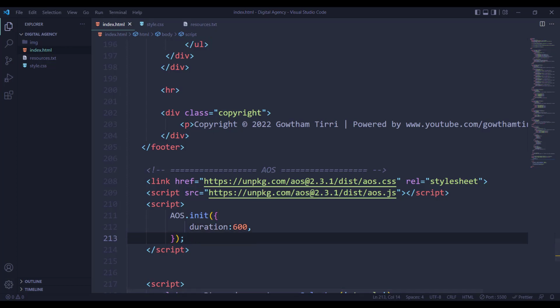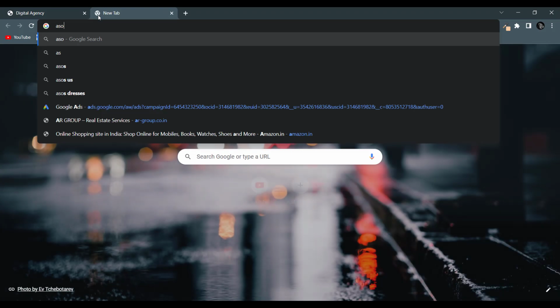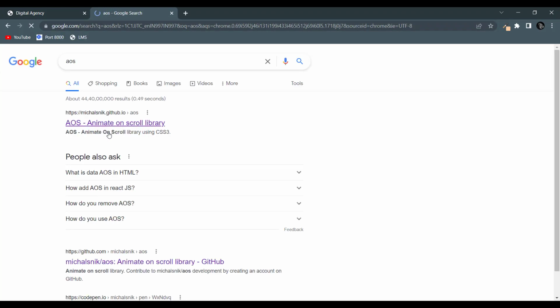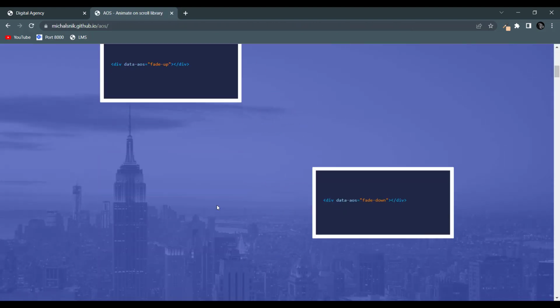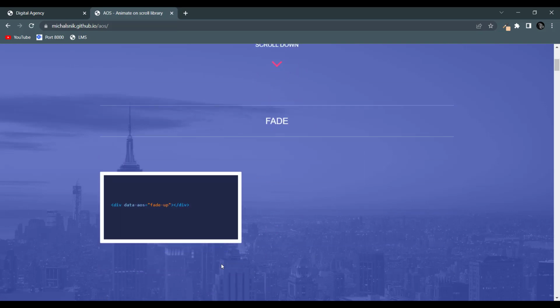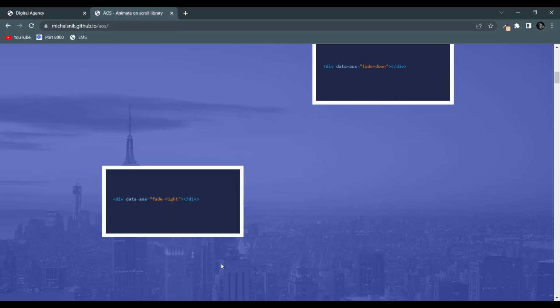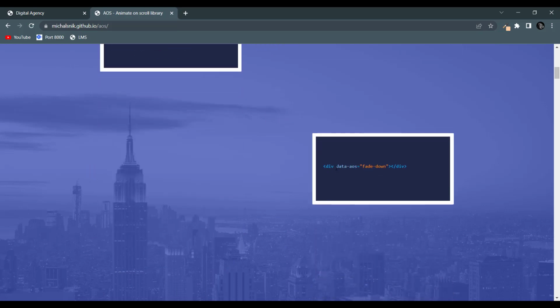and if you want to you can add different animations using that AOS library. If you search for AOS you can find this link here, and here you can find different kind of animations that you can use, and you simply have to paste this data AOS and the animation name. If you add the fade up animation this will animate like this. So I want to have fade down animation for the header content, so I simply copy this